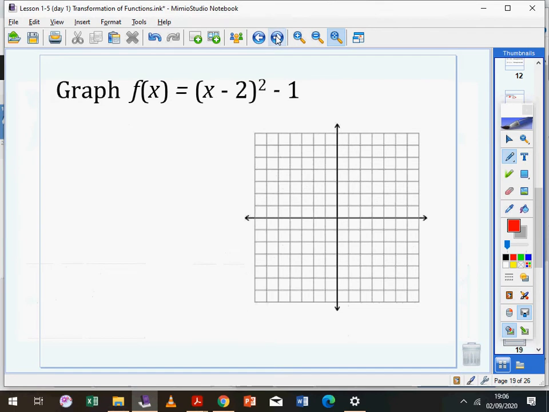Let's try this example. I have f(x) is (x minus 2) squared minus 1. I'm going to remember the definition of the function. So the initial function would have been f(x) equals x squared, and that initial function, if I were to graph it, would have been this function. You guys know it's just the graph of x squared. This is what it would have been,